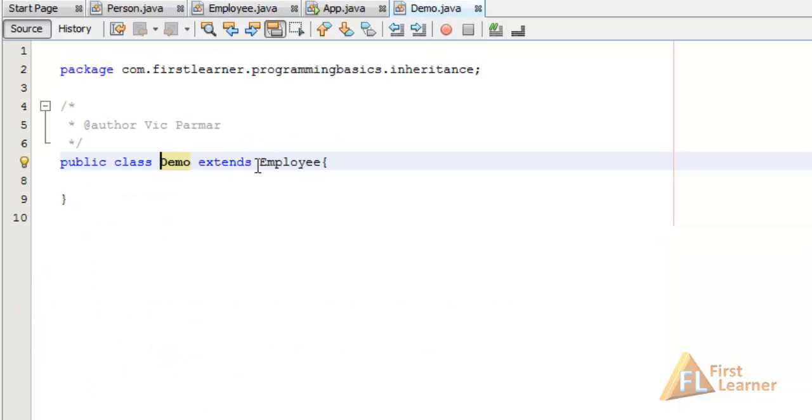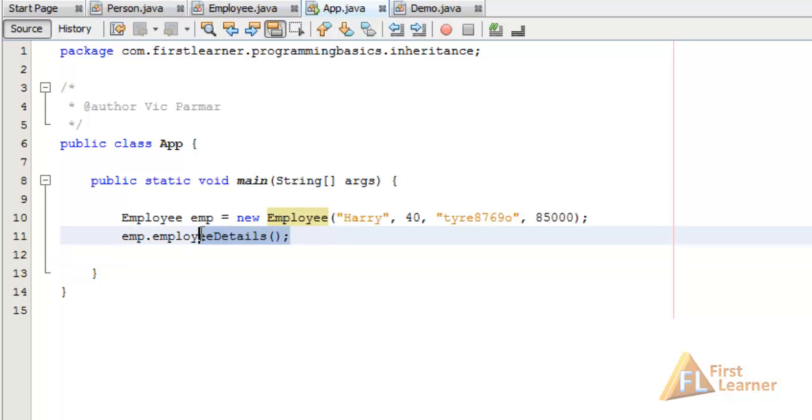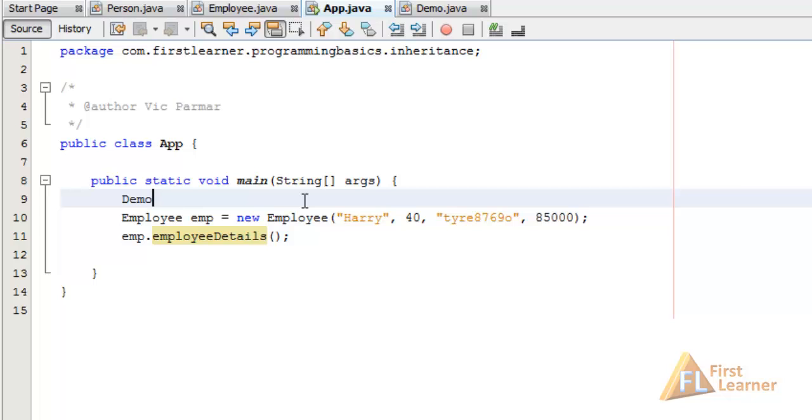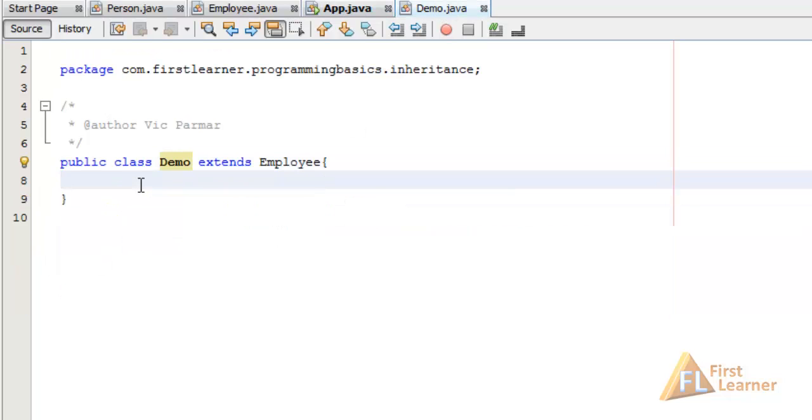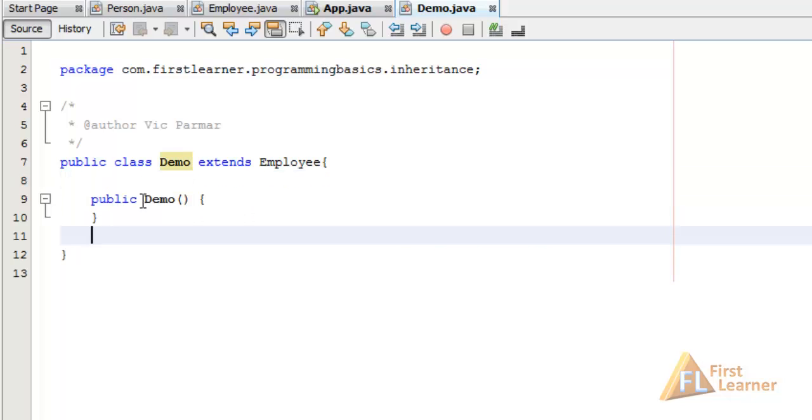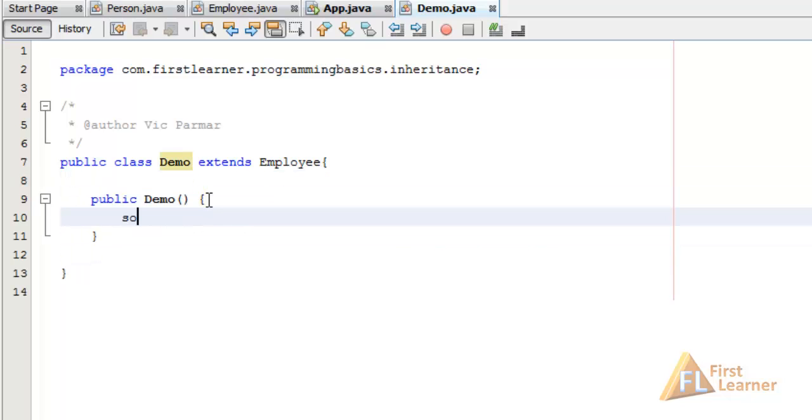So we have three levels of hierarchy, and let's have an object of demo over here: Demo d equals new Demo. Now let's create a default constructor in Demo and generate, and let's put a System.out in Demo's